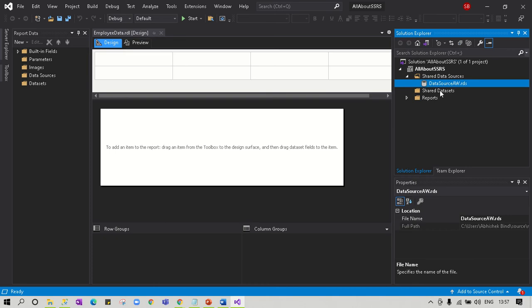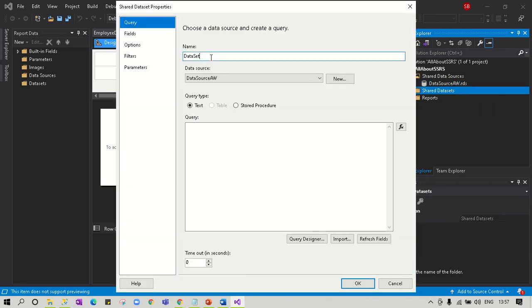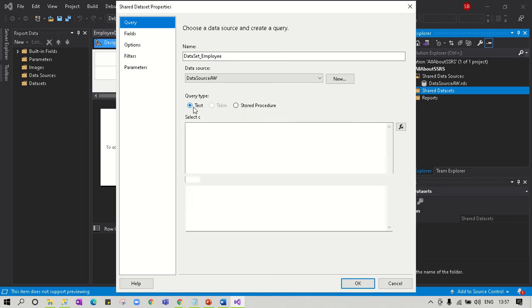Now right-click on datasets, Add New Dataset. I'll write dataset employee. For a dataset, we need to mention which data source it will be connecting to. So I select the data source we just created, data source AW. Here we can write a plain SQL query or a stored procedure. Here I'll write a SQL query.